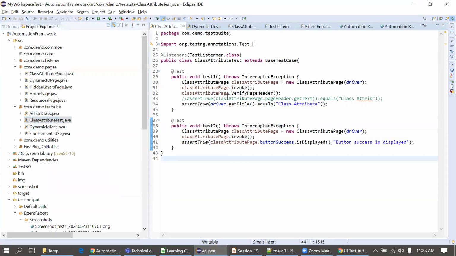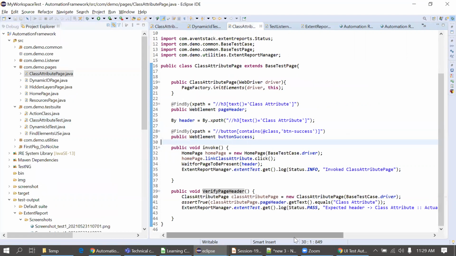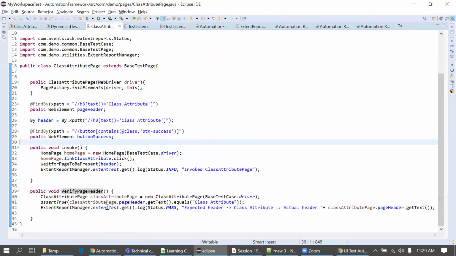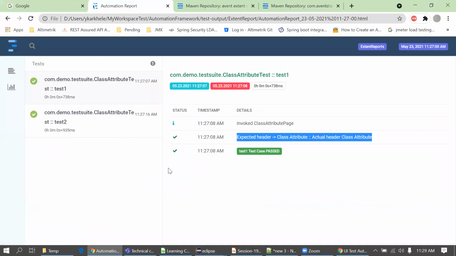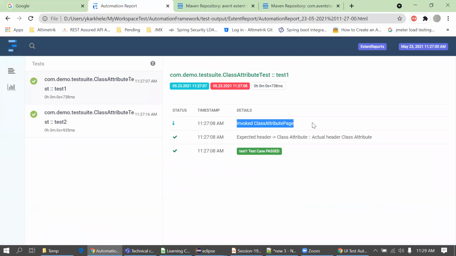We write... If I pass that, you're talking about this part? Yes, sir. That's what we get there in the test report. Yes, right. So if you are passing pass, it will just create this green icon in the report. And this message we have printed. This we can see here.